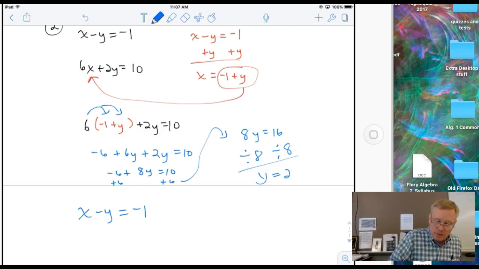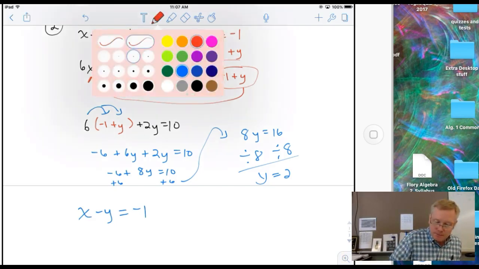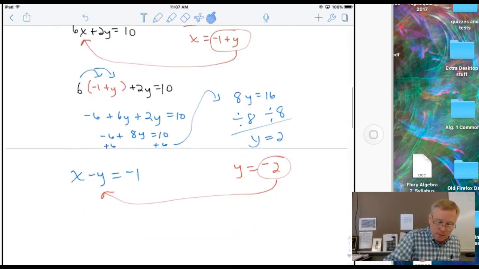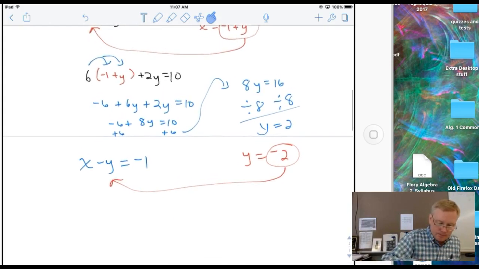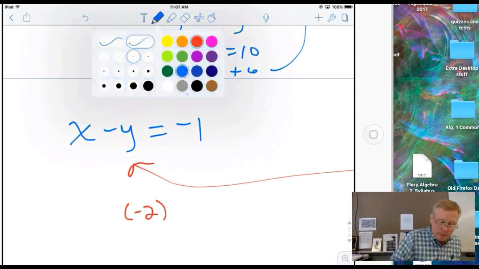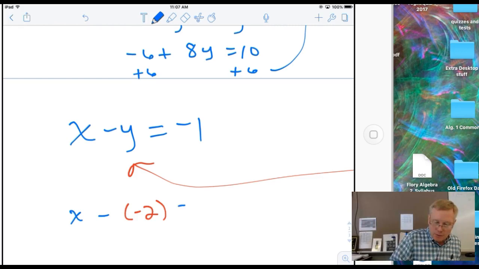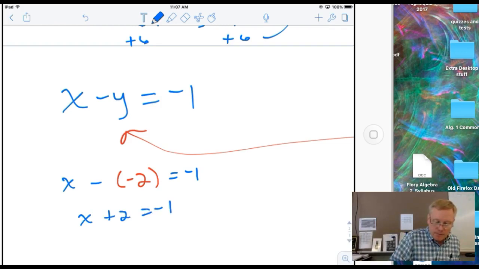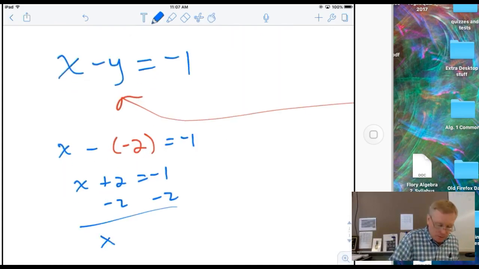And I'm going to take that 2 and I'm going to plug it in for y. All right, so plug that in. So I got x minus -2 equals -1. So double negative in the middle, that's x plus 2 equals -1. Subtract 2 from both sides, and I'll get x equals